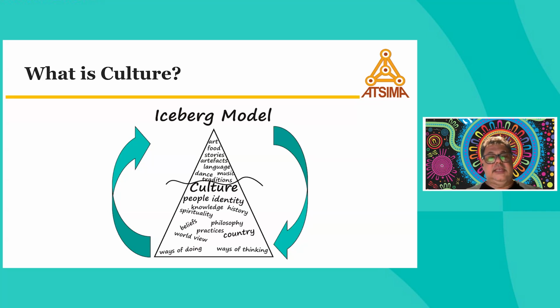But the other stuff above it is the things that you can see as evidence of that culture. So it's the cultural expression space. The arrows represent the fact that the stuff that sits underneath always will inform how we express our culture. So our history, our spirituality, our beliefs, the way we see the world will always reflect how we do art, what language we speak, what music we listen to, what music we perform, what stories we tell, even what food we eat, or even how we eat our food. So there's a whole range of stuff that informs these cultural expressions.